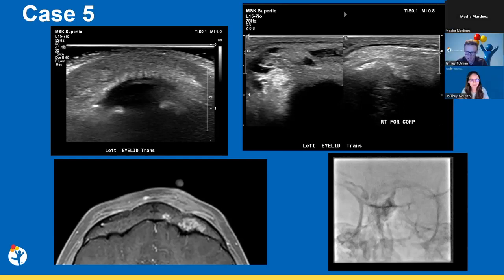All right, and I have a couple other cases as well where we'll see this kind of ill-defined increased echogenicity of the tissue. So this image right here is a pretty good look for the microcystic lymphatic malformation, but these other channels, I'm not totally sure how to rectify that with what they ended up. I think there is an interventional radiologist on with their hand up, so maybe they can